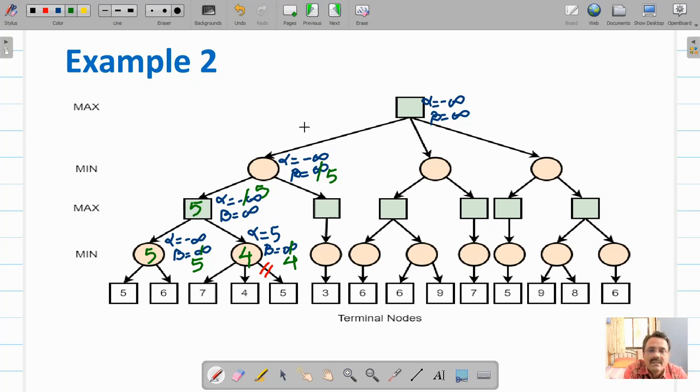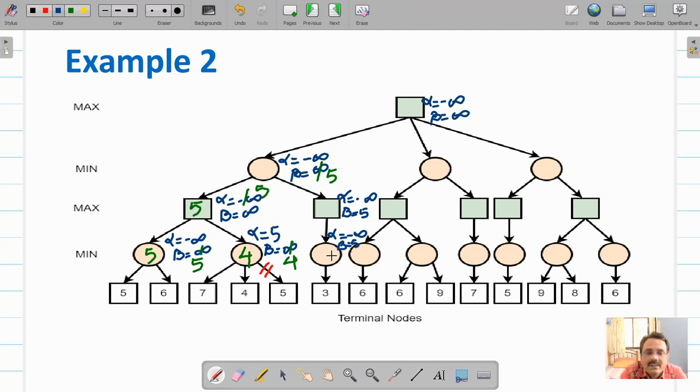So copy these values down. Alpha is equal to minus infinity and beta is equal to 5. It's a minimizer node.